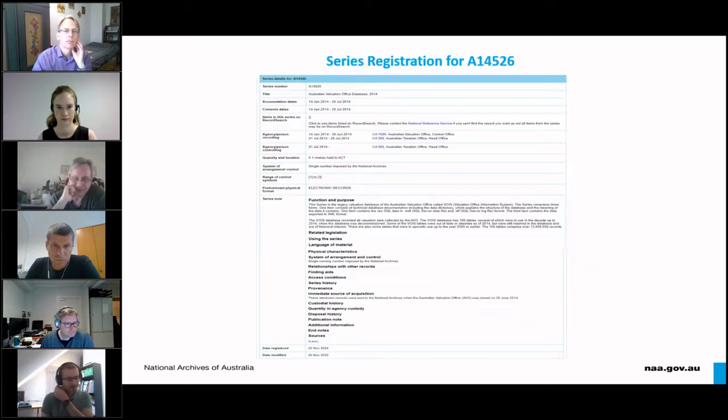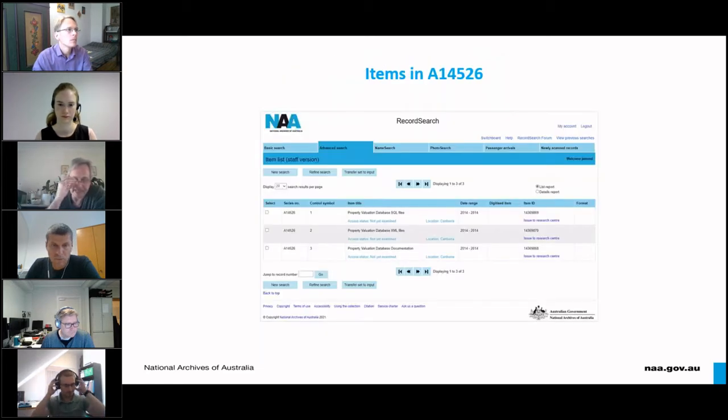But once again, the transfer documentation was quite poor, which means this series description on our catalogue, again, isn't great, but at least there's some information there in the series notes, the number of tables, number of database records, the purpose of the database, and so on. And finally, here are some of the item registrations for the series. Basically, 3 high-level items: controlling the files transferred and the documentation we received.